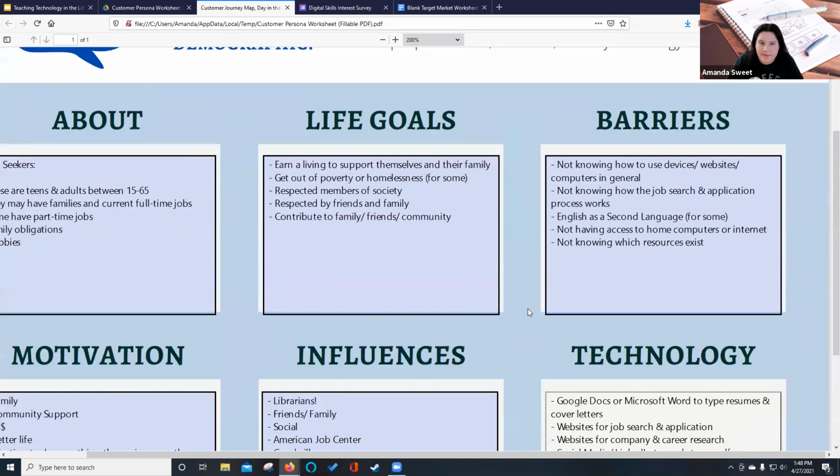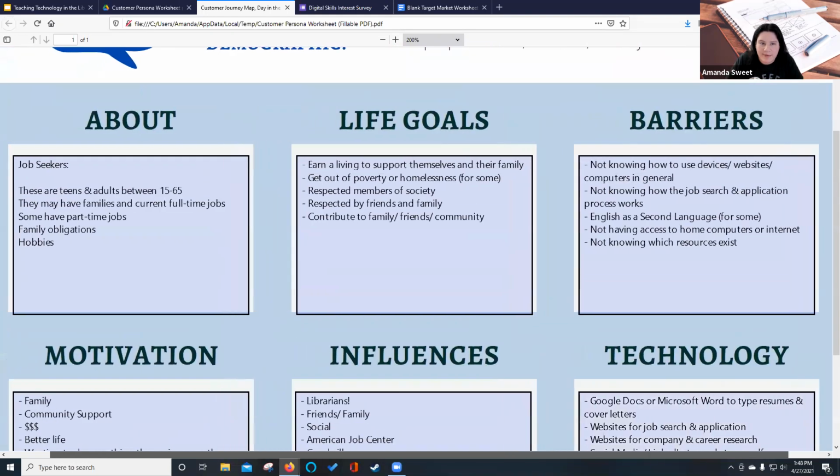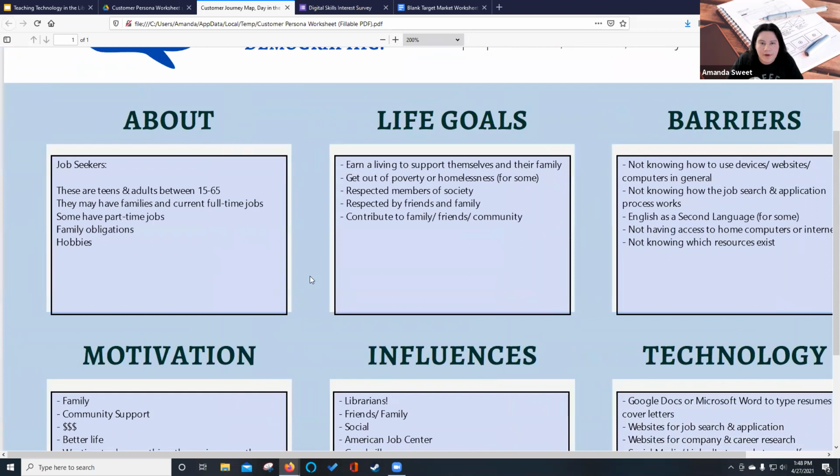So that is kind of the baseline of building out a profile of what people are facing, what matters to them, and just kind of building out who they are as a human. And then that will be kind of used throughout the process just to center everything we do on what they're actually